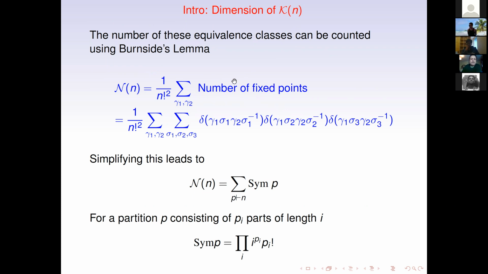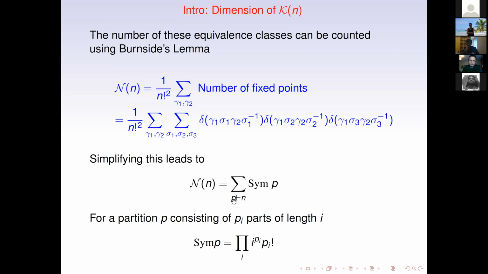So more explicitly, what does that say about the number of fixed points? It says that gamma 1, sigma 1, gamma 2 is the same as sigma 1. This is a delta function on the group, which enforces the fact that this whole thing is equal to 1, this whole thing is equal to 1, so this product is equal to sigma 1. So that's exactly what fixed points of this action means, that these three delta functions are satisfied. So manipulating these delta functions a little bit, you find a nice formula for the counting of independent invariants, which is